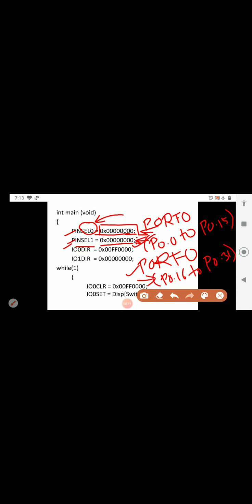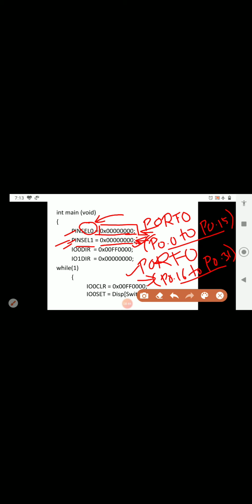We are clearing those pins, that is P0.0 to P0.15. We are clearing those, that is zeros, so all the pins are reset. Again by writing this instruction we are going to reset all these pins. So the meaning of PINSEL0 and PINSEL1 is like that.